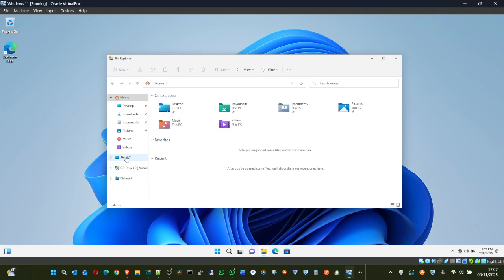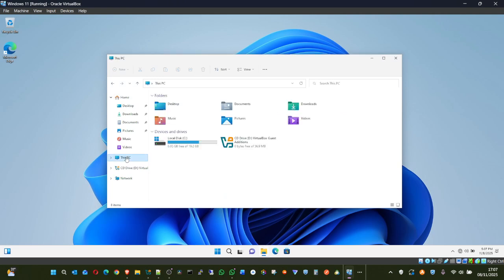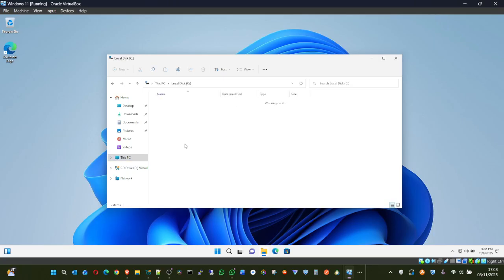We'll check this PC, local drive C, users. Now you can see Simon is there. Before it was admin, Dipo, public, Shegun. Simon wasn't there before. And you can see the date time was modified today. That one was last week.